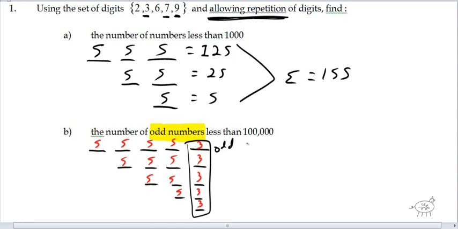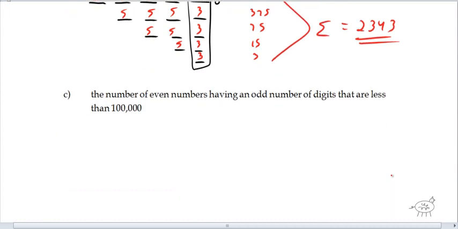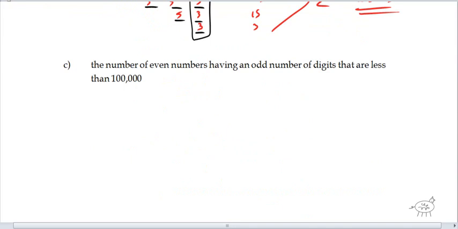Okay? So the top number gives me 1875, 375, 75, 15, and 3. And if I add these up, I get 2,343. Okay, not bad. Okay, the next one is the number of even numbers having an odd number of digits that